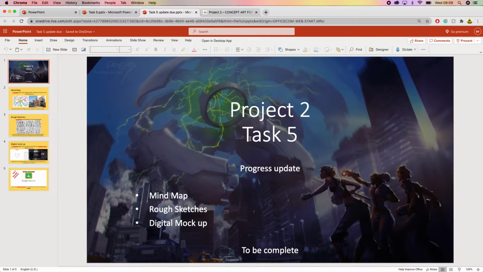Of you guys could have seen that I've uploaded this PowerPoint slide just to give you an update of where you should be with your Project 2 Task 5. So this is just an outline, and just to assess your progress. What I am expecting is mind maps, your rough sketches and your digital mockups to be complete at this